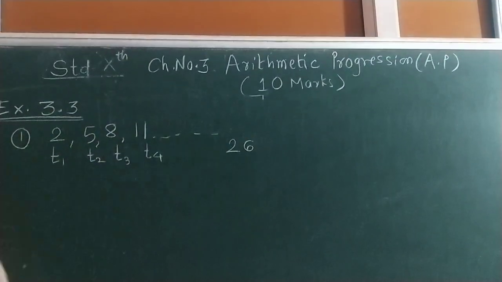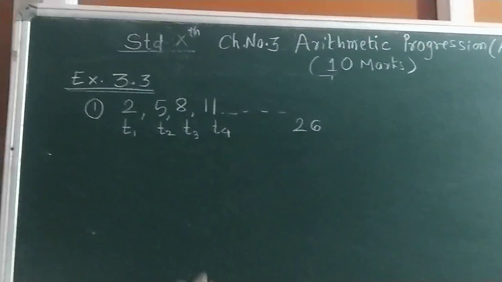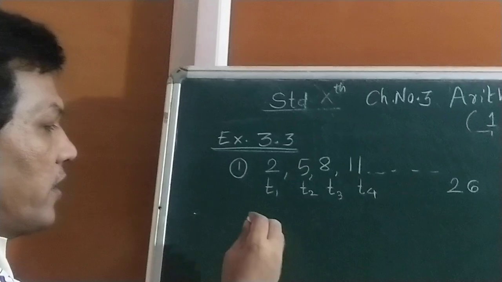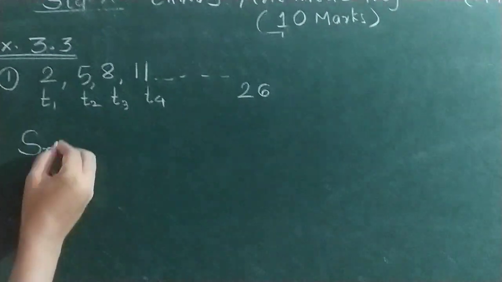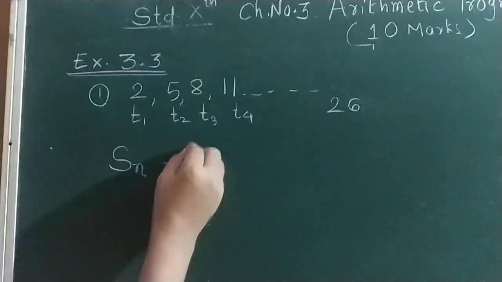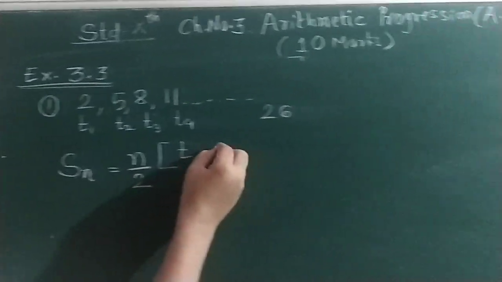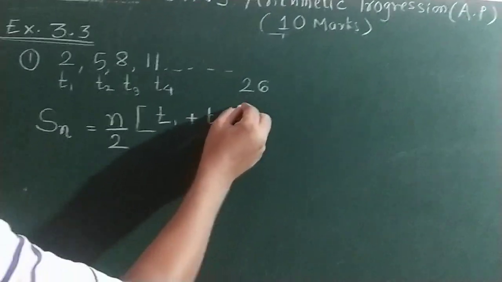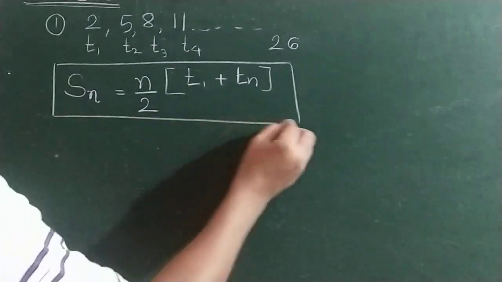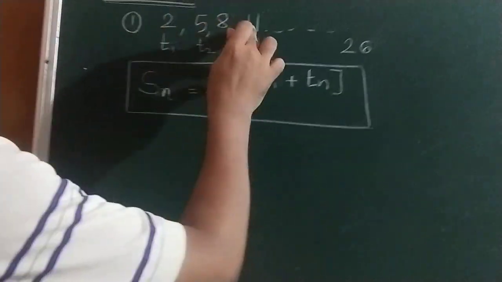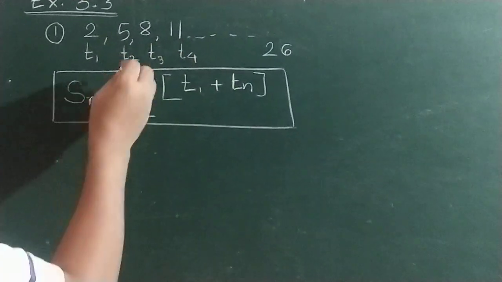So this is an easy sum because there are only four terms, but there are so many terms in any example. So how can we find the sum of all terms? That is why they have given one formula: Sn, where n means any number, equals n upon 2 in bracket T1 plus Tn. If I use this formula, I can find the sum of these four terms. Orally I can find the sum of all these four terms is equal to 26. Now by formula, I can use this formula.